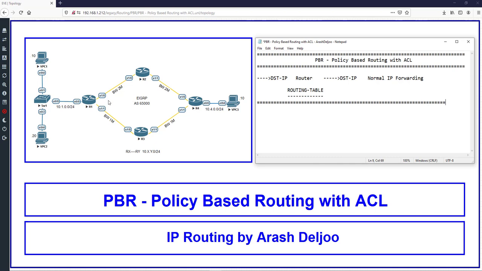Look at here. In this scenario, we have R1, R2, R3, and R4. And the routing protocol that we are using in this scenario is EIGRP. And as you can see, the upper path has a bandwidth of 2 megabit per second, and the lower path has a bandwidth of 1 megabit per second. Because of that, EIGRP selects the upper path for sending traffic from router 1 to router 4. This means that if you check router 1's routing table,